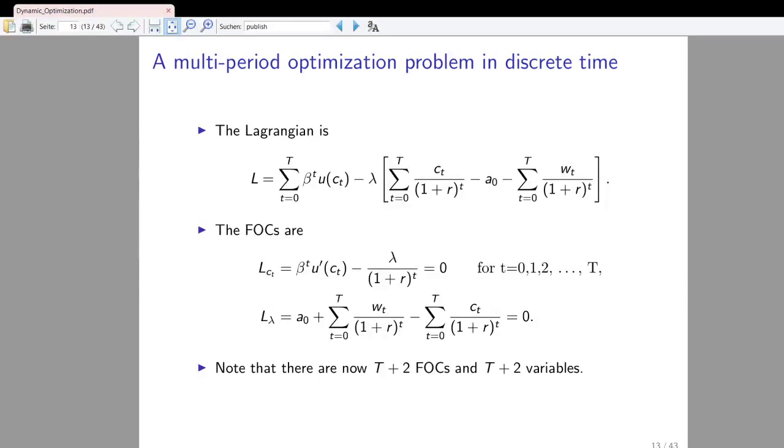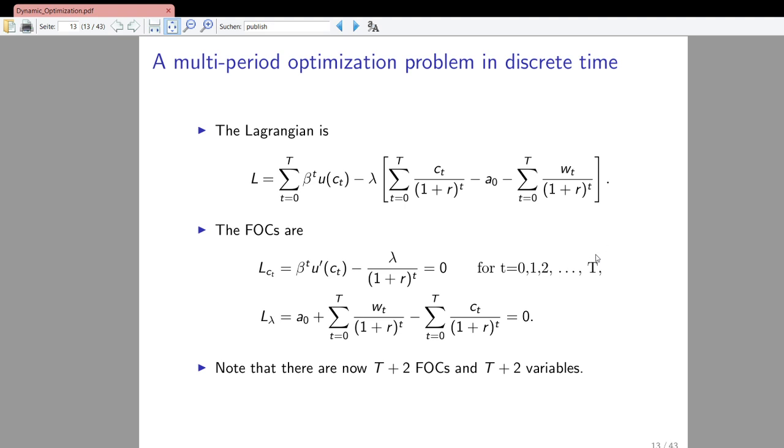One possible way to solve such a dynamic optimization problem is by means of the method of Lagrange that you are already very well aware of from the standard courses in the master's program. And in this case, you would set up the Lagrangian function, which consists of the lifetime utility function, so the sum from time 0 to uppercase T, the end of the planning horizon, of the discounted instantaneous utilities at each point in time, minus the Lagrange multiplier times the lifetime budget constraint, where we bring all the terms on one